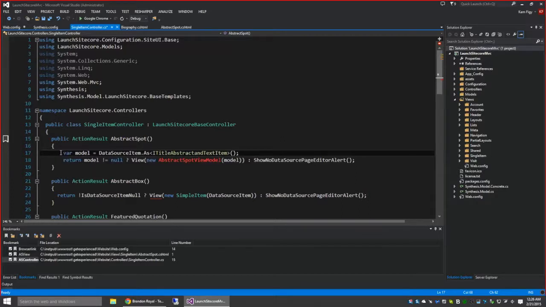So we've created this. It's a slightly different syntax. We're grabbing the data source item, we're casting it, and then instead of doing the ternary on whether the data source item is null, we're doing more or less the same ternary on whether the model is null, because now we know whether the actual data source item is the type that we want instead of just whether it's null or not. So we need a view model for this. And let's go and create it,